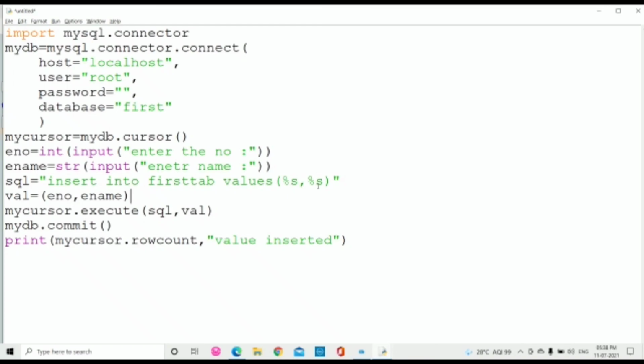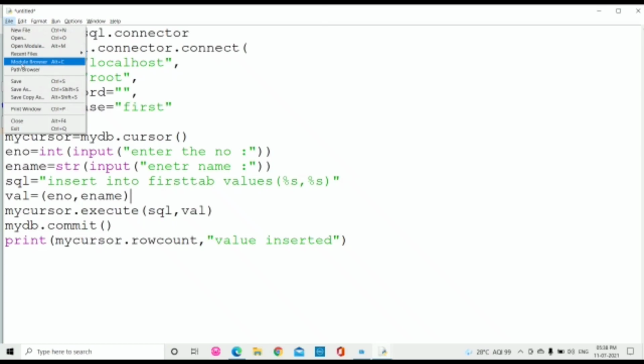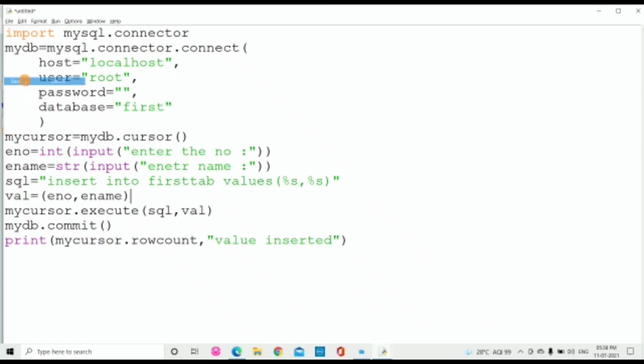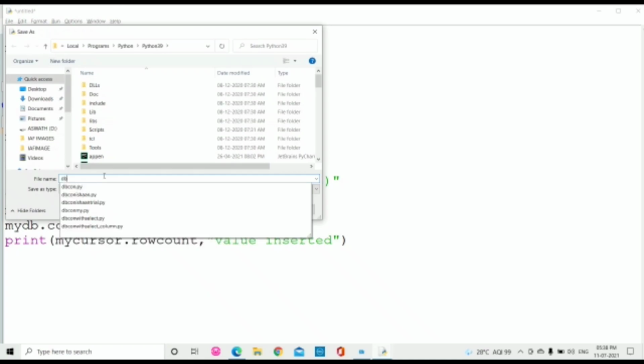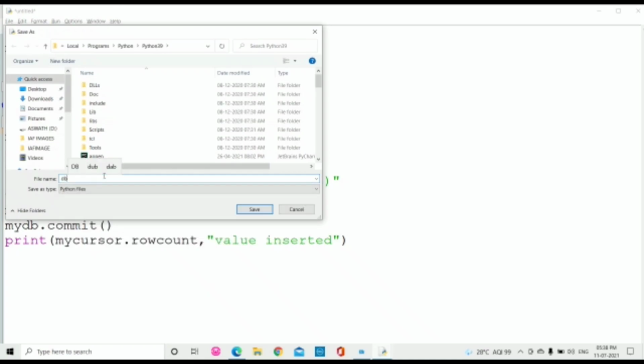Insert into first tab values percent s, okay. Then the value of, okay, it's all done. Now let me save this. Let me go for save, and let me save it as DB connection program.